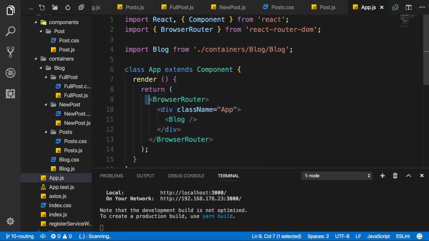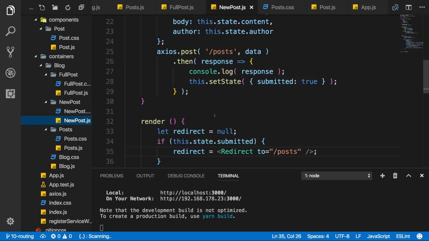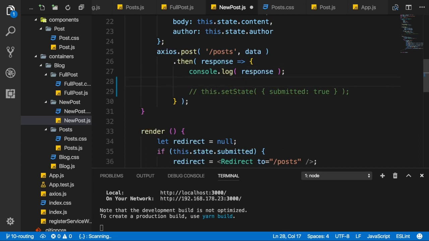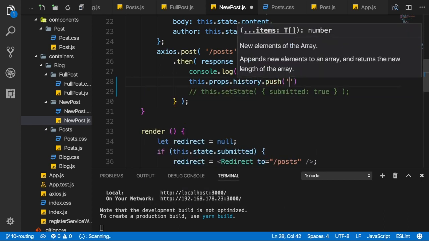loaded inside a browser router wrapped component. And new post is in the end loaded through blog, so therefore it is wrapped by browser router. In there we have access to that match, location, and history prop I showed you earlier. And that history prop has a couple of convenience methods we can use for replacing the current route or pushing a new route. So we can also change the page here without changing the state, and therefore by never rendering that redirect component, but instead by accessing this prop's history, and there the push method, which allows us to push